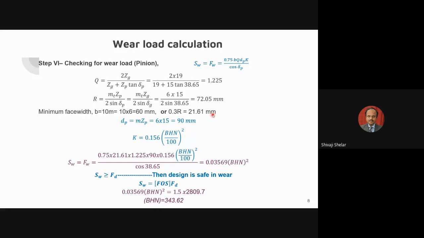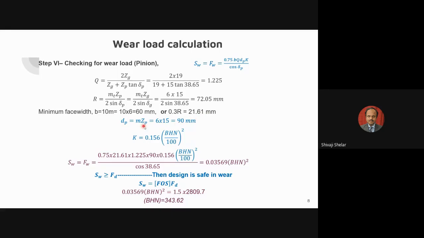So when you are finalizing your design, you can keep this value as 160 mm, or you can keep this value as even 40 mm, no problem. So let's say if I take the minimum value, then what should be my surface hardness? So we are taking the wear load. What should be the surface hardness for this minimum face width? In actual practice, my face width will be greater than this.